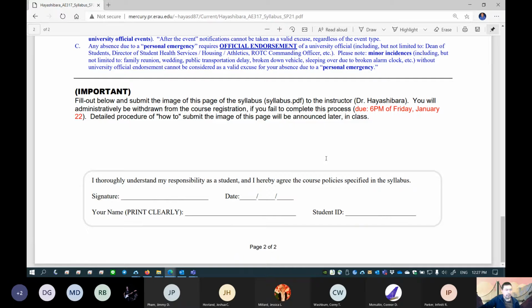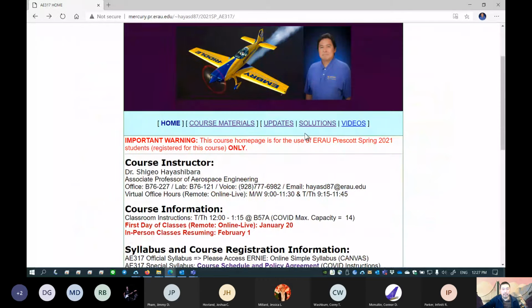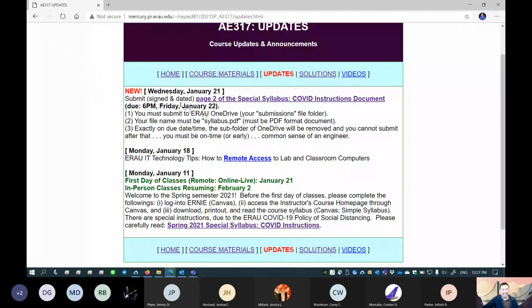Do you have any question about how to do this? I think some of you already know. I do have a question. Go ahead. Is it this page, or is there another document for the syllabus that has this on its own page? Yeah, page 2. So your question is, you probably already looked at the updates, is that right? If you look at the update page, this is a new update. By the way, I've been sending updates to you a few times in the past. Are you receiving my email?